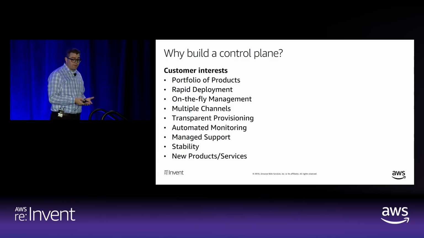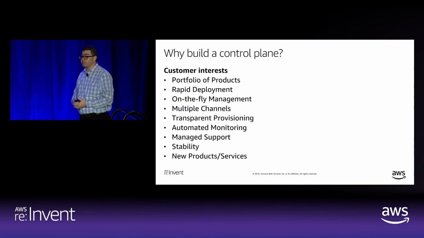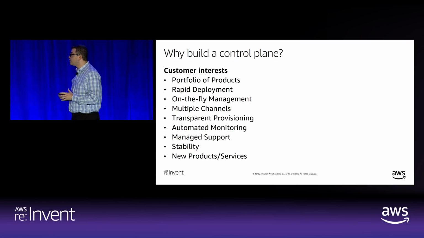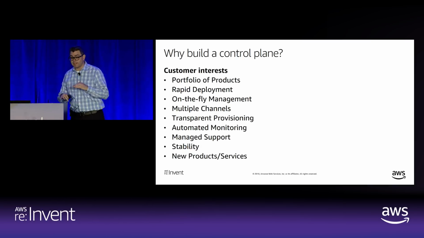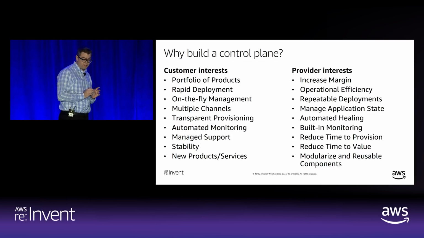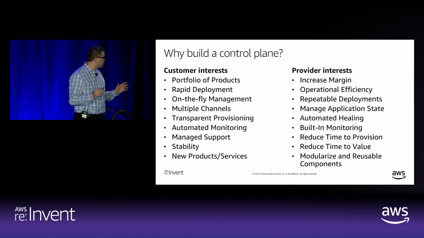So ultimately, there's a number of core managed components, right? Transparent provisioning and automated monitoring, managed support. These are just some of the core components required for you to deliver a solution that can obsess over your customers so that they don't have to worry about the bottom level of the stack. And what's interesting is that I think that ultimately all of these components are directly correlated to what you're trying to achieve as potentially a partner or a solution provider.